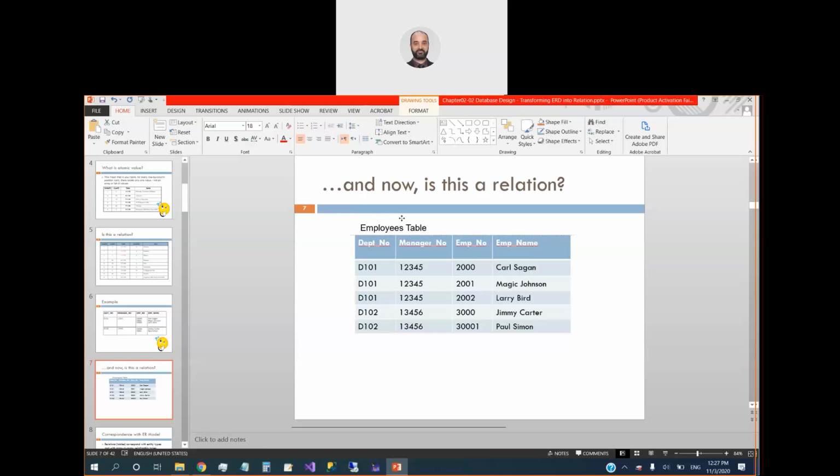In every record we should have the employee name and the employee number, but we shouldn't have the manager number, because every department should have a manager. So the manager number is supposed to be shifted to the department table, and the department table is supposed to be